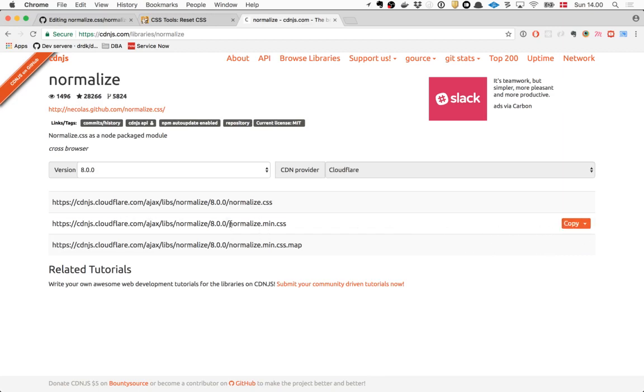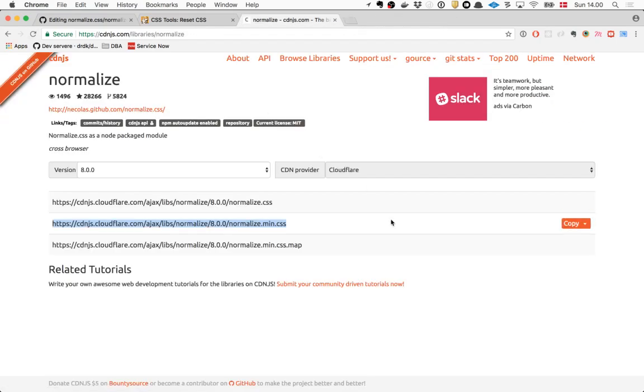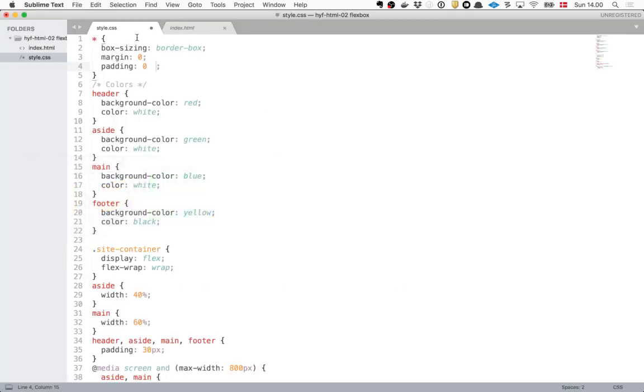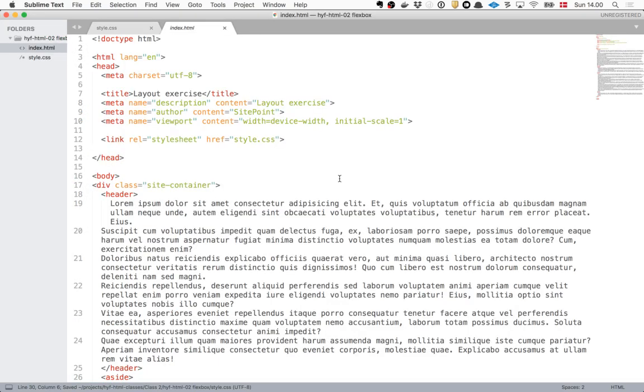So you see this one is just a CSS file, right? And if I try to open it in a browser, it looks a little messy because it's minified. But it's a regular CSS file. It's something like the stuff that we just saw before. It's just a normalized version. And if I add that one, I tried to do some stuff here. I didn't really know what I was doing, so let's delete that.